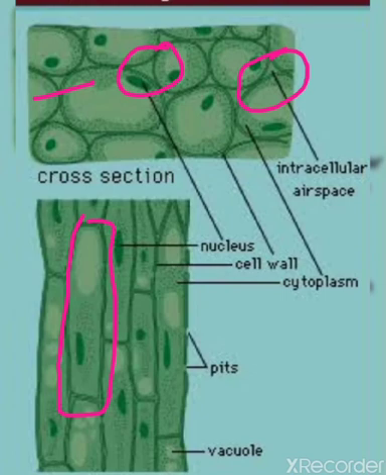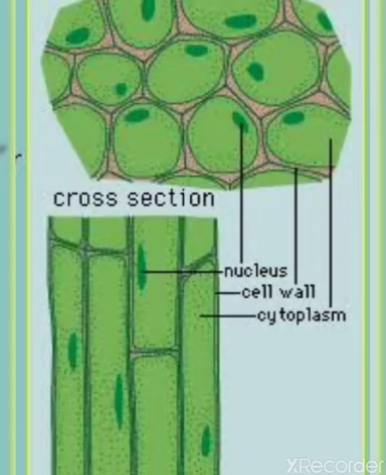Clear children? In leaves, if chloroplast is present in parenchyma cells, then they help in photosynthesis process, and then it is called chlorenchyma. Clear children? If chloroplast is present in parenchyma tissue, then they perform photosynthesis process, and then it is called chlorenchyma. These tissues store food. That is the function of parenchyma tissue. Next is